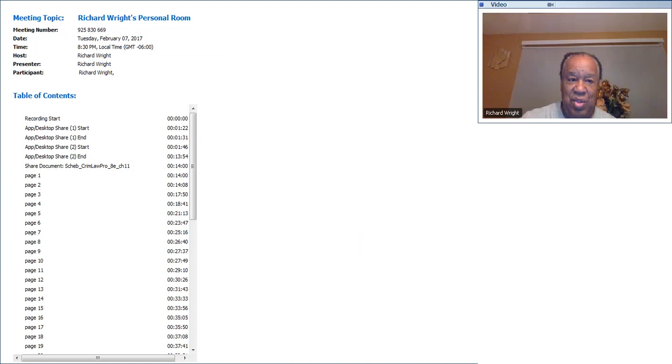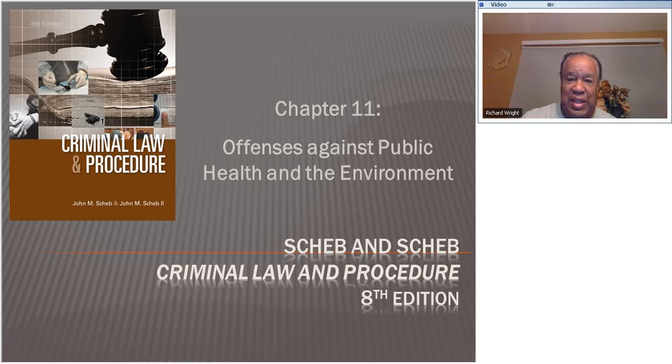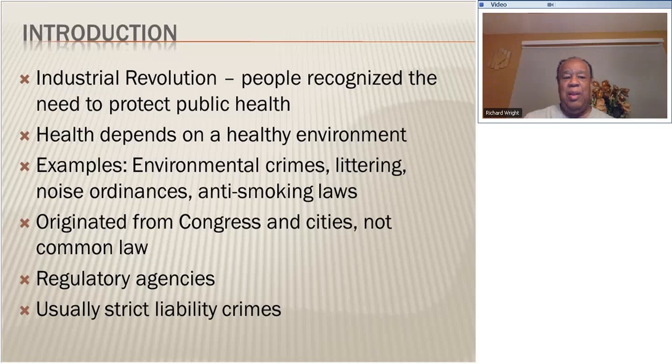So now let's get right into the live lecture for the offenses against public health and the environment. The Industrial Revolution, which we are engaged in and have been engaged in for a little while, made it determined that we need to protect the public. And the way we protect the public health is by various types of laws relating to the water, the air, littering, disturbing the peace or noise, anti-smoking laws, as you have come to learn in many areas,